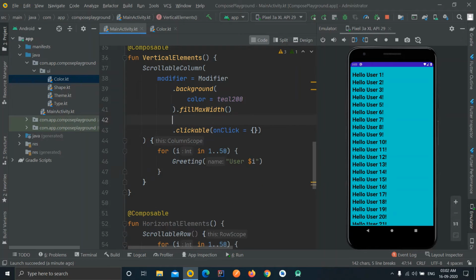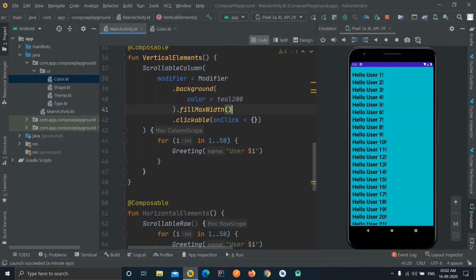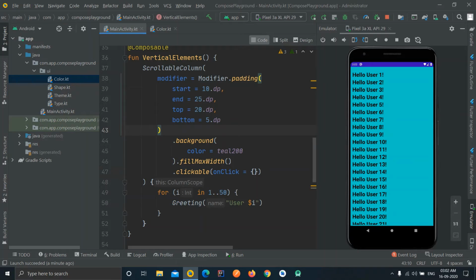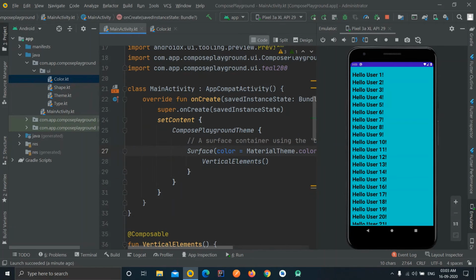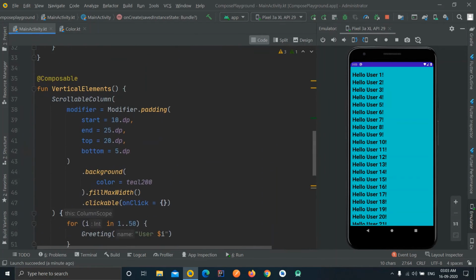So we can simply cut this property and paste it before applying the background color. Now what will happen is, it will first apply some padding, then it will apply the background color after setting all the paddings. So after doing this change, these areas should be white, because the background is white in our case, as we have seen. So this should work for us now. And let's run the application again.